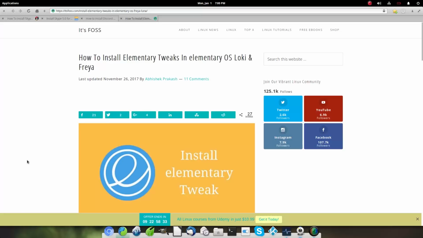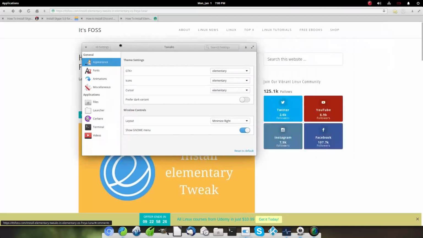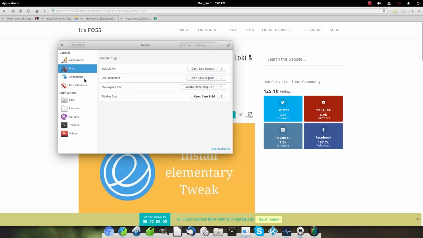I've already talked about tweaks and nearly no customizing. Even when you have the tweak tool installed, there's still very few tweaks. So here I can change my GTK, I can change my icons, I can change the cursor, I can actually change where things are, I can show the GNOME menu. I don't even know which one the GNOME menu is. I thought that was this menu, but I'm not sure what that's actually doing. I don't know. Fonts, I didn't test exchanging those. I didn't mess with any of those.